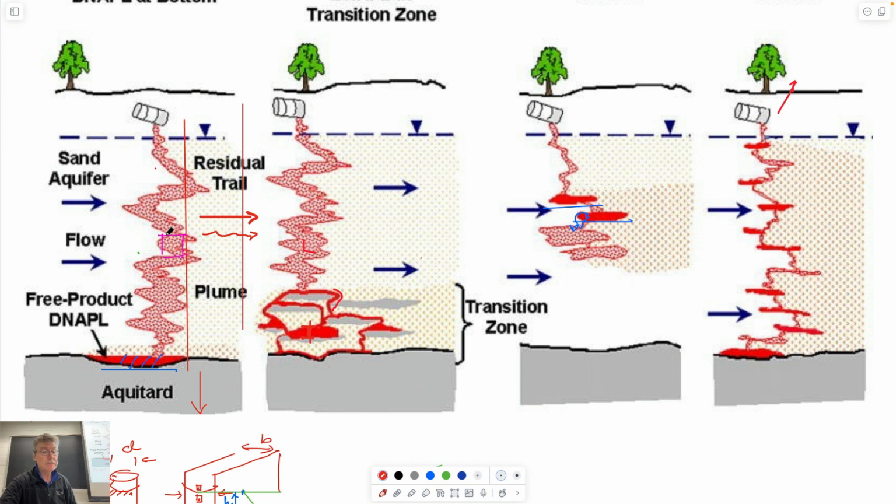If we know what the relative saturations of the red NAPL and the water and the air in this zone are, we'd know exactly what the capillary pressures would be along this trend. We could imagine perhaps that this chimney is a smear of a NAPL, left portions of which are in the